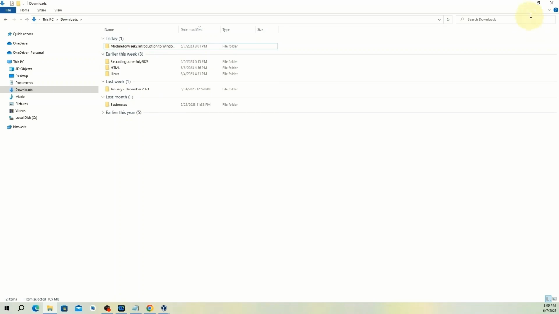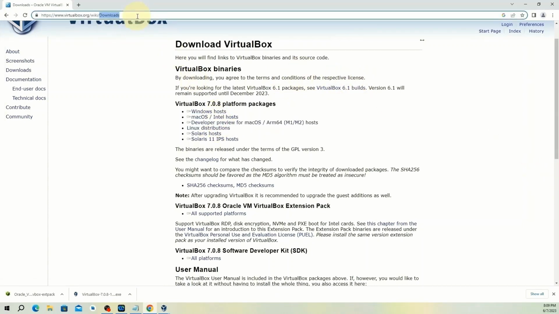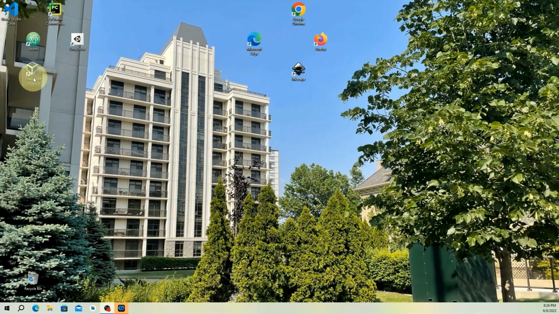Now what we're gonna do next, we're gonna open our virtual machine. Okay, so this one I'm gonna put the link for you guys. I'm gonna save this for you guys. Okay, so we don't need this for now. So we're gonna open our VirtualBox,